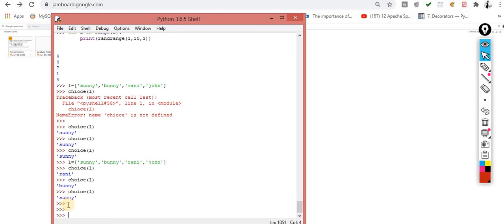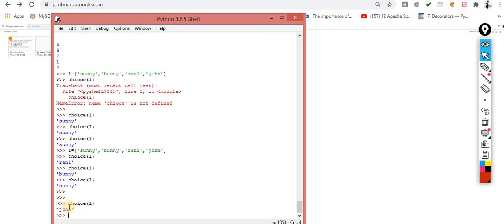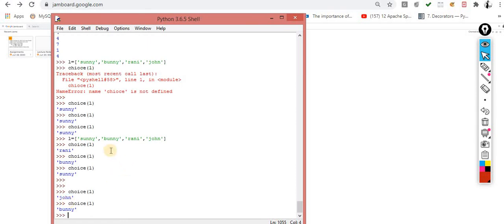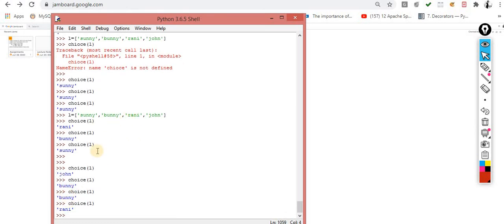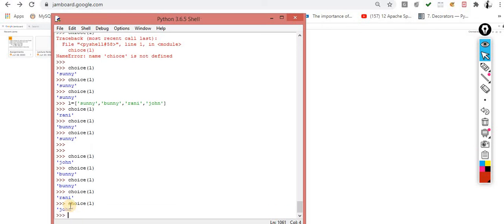Now you can check. Now it's selecting John. So I want to select one random person from this entire class. Who will become the leader of this class? I am randomly taking any name. So random: Bunny. Bunny is now the leader of the class. The next day, I again select randomly. Again I am getting Rani. This time Rani would lead the class. So this one is John. Something like this. So this is all about your random module.